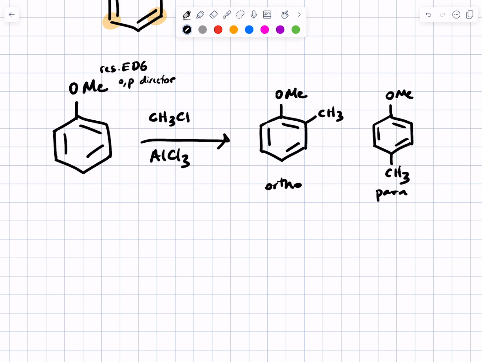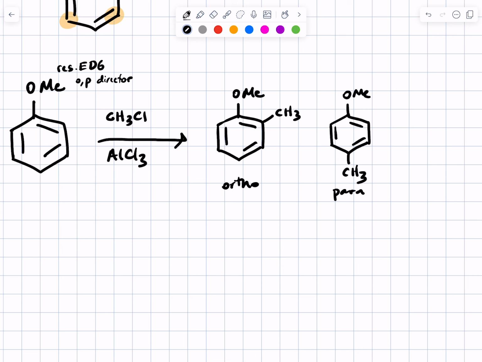If you can't get a reaction to give you your desired product in 100%, you just hope that you can separate it from all the other undesired products. So in synthesis, that's what we're going to do. However, it would not be correct to draw the meta product as the product of this reaction. Is that clear? Okay.